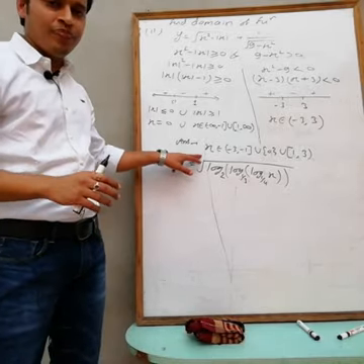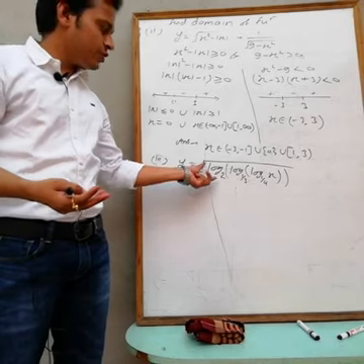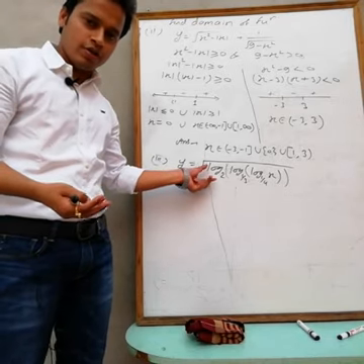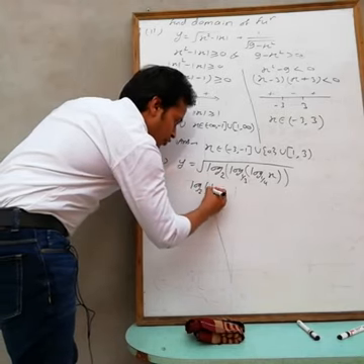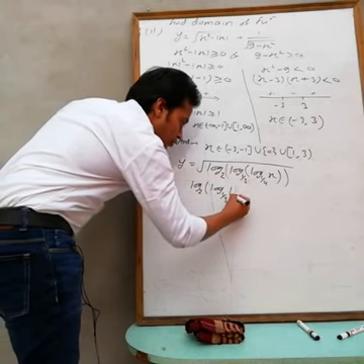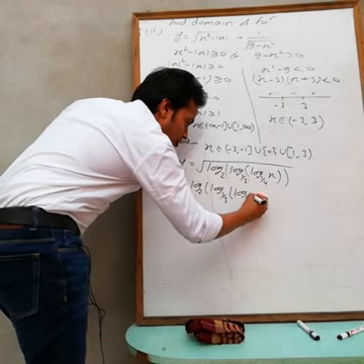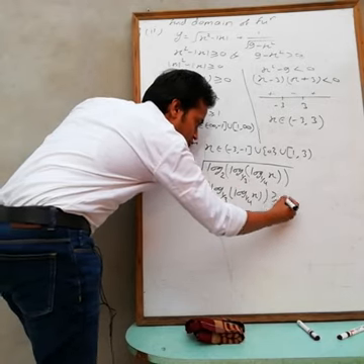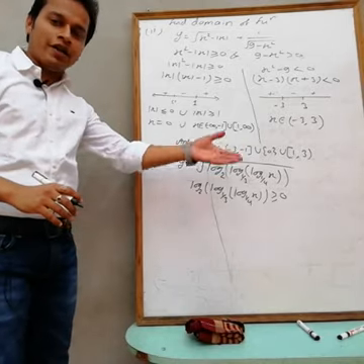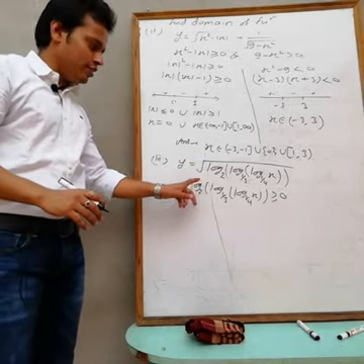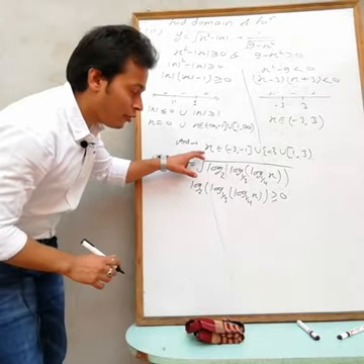Again here we have root. The condition for root is this one must be greater than or equal to 0. So apply that condition. What I am getting: log 2 log 1 by 3 log 1 by 4 x must be greater than or equal to 0. Now first solve this one, then we will take other conditions also. But at this time, first solve this one. This is the condition because of root.